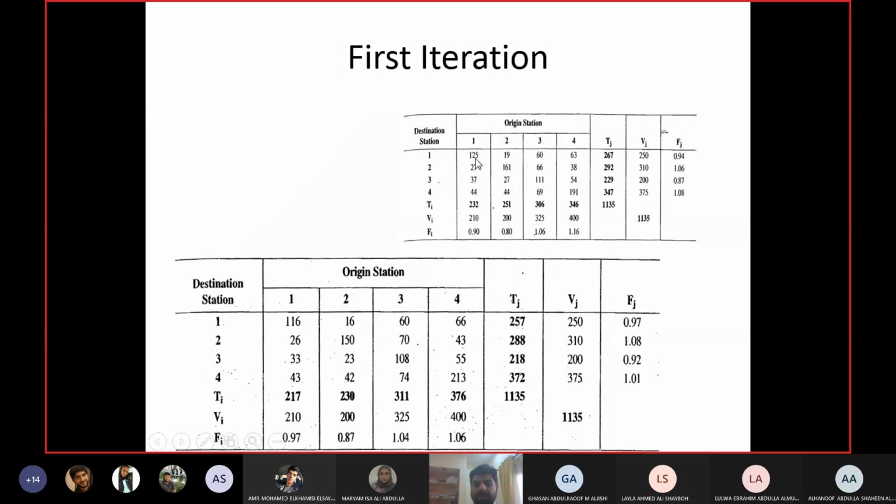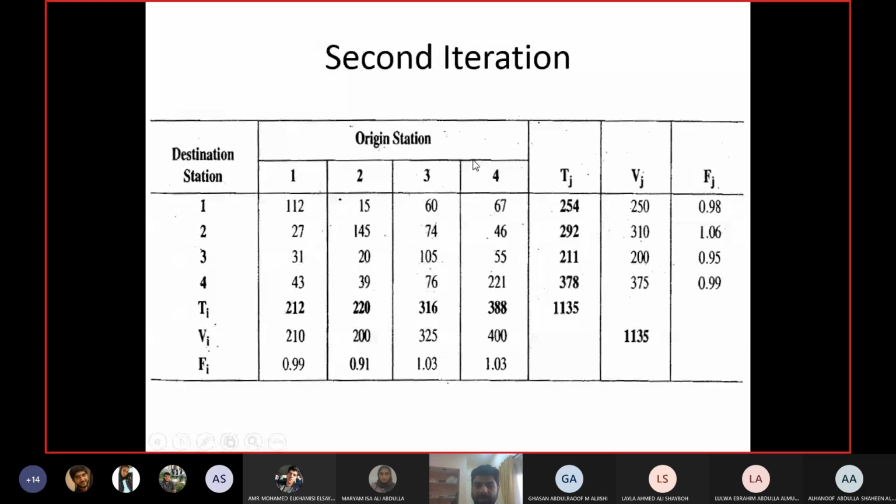So this is your final matrix now. We had to perform iterations; we have to replace the values 3 times before getting this final. So it was 116. I multiplied 116 with the average of 0.97 and 0.97, and I got 112, and so on. Now a few points here.